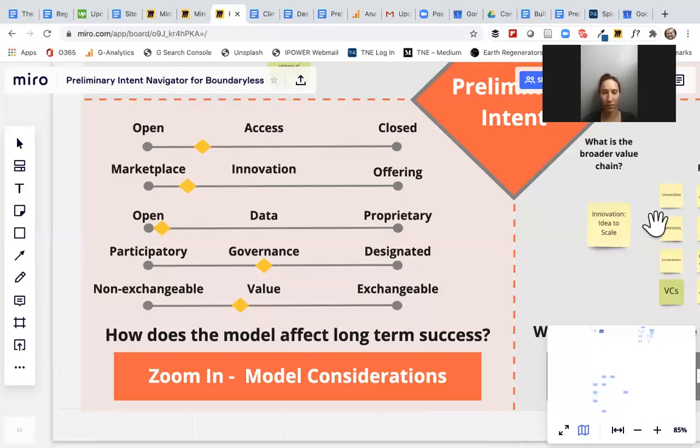That's representative of being very open with innovation and access, but at the same time trying to be practical with governance and value. So it's something that can be referenced later around, what were we thinking when we first thought about model considerations.